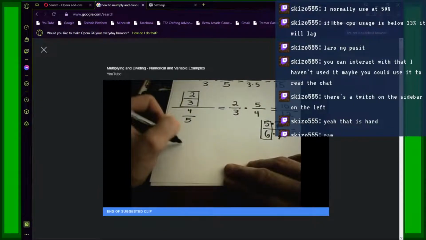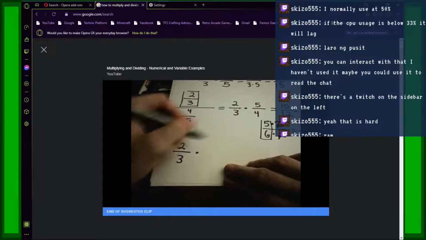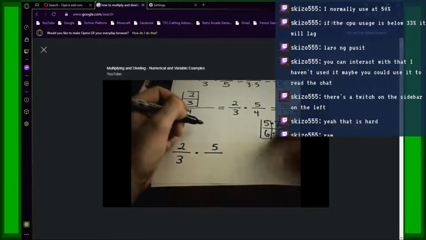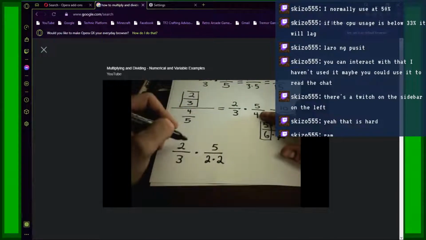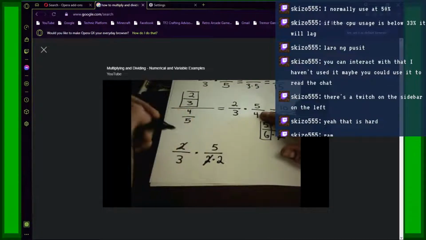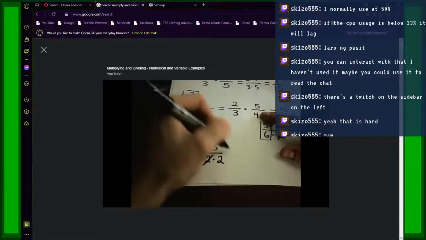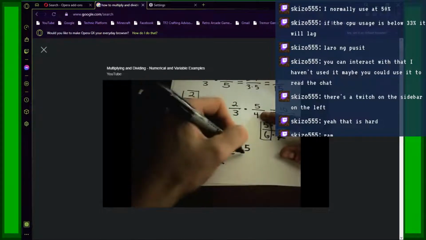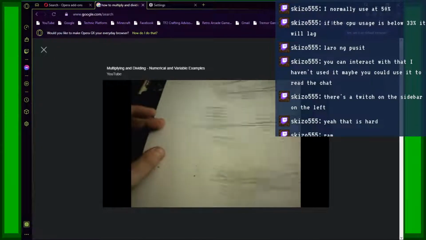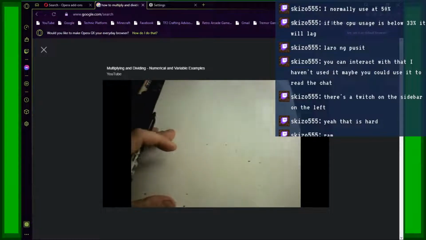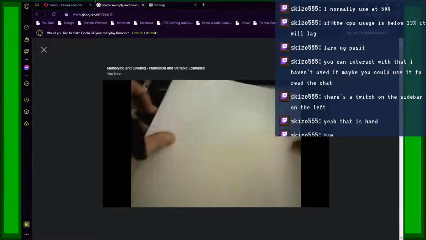Notice also in this example, if I have 2/3 times 5/4, I could write 4 as 2 times 2. And again, basically, if I see something on top, I can cancel that out with the same thing on the bottom. So don't think like there's a 0 on top. Still think about there as being a times 1 on the left side. Well, 5 times 1 is 5. And then in the denominator, I'm left with 3 times 2, or 6. So let's do some more examples with just some numbers in here. Then we'll move on to variable expressions.